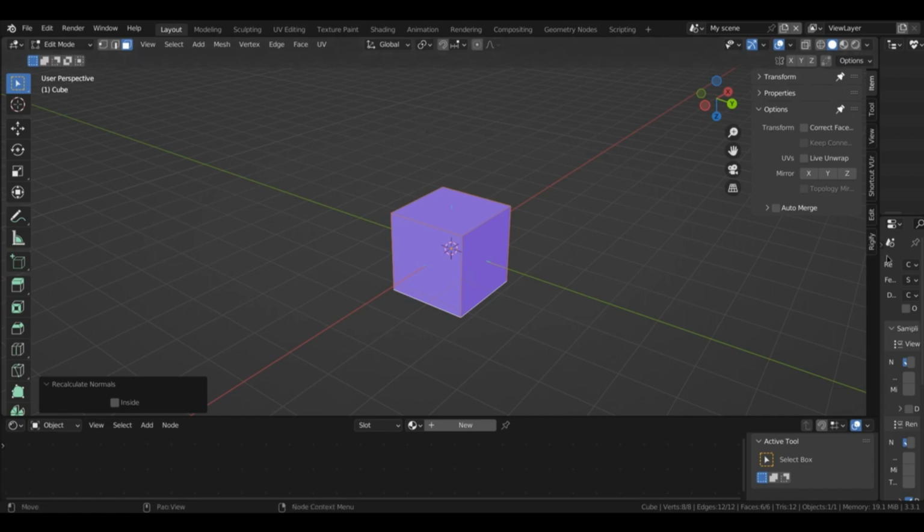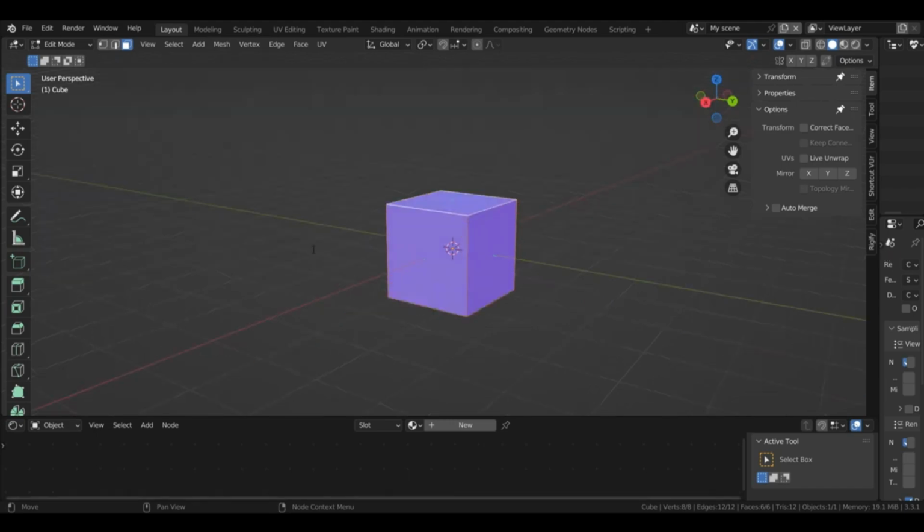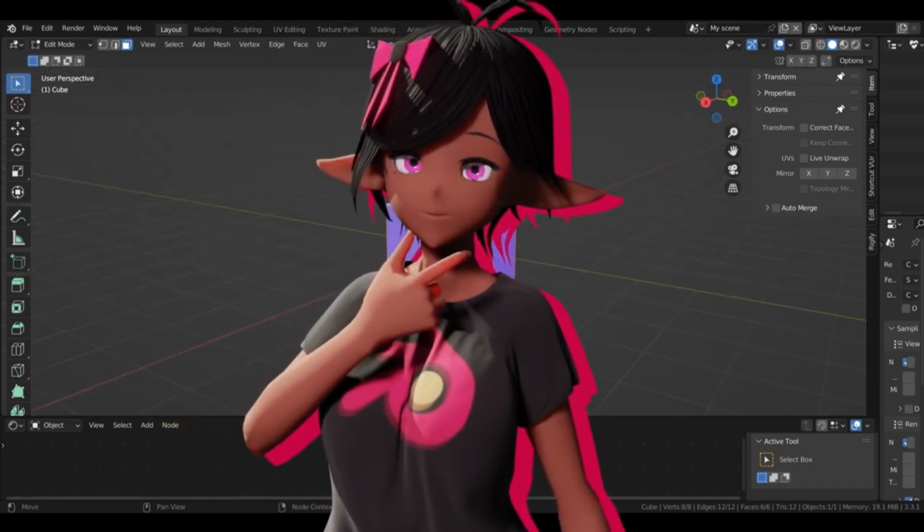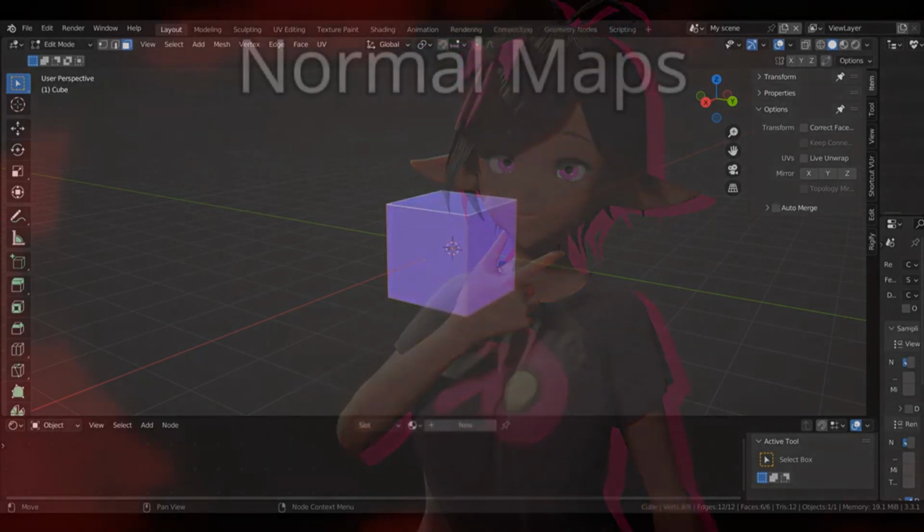Blender is really good at recalculating normals, but in the off chance that Blender misses a face, we can click on it and then click recalculate inside, since essentially what that'll do is flip it no matter what. So you might be wondering then, how exactly do normals relate to normal maps? Well, if we look at a normal map,